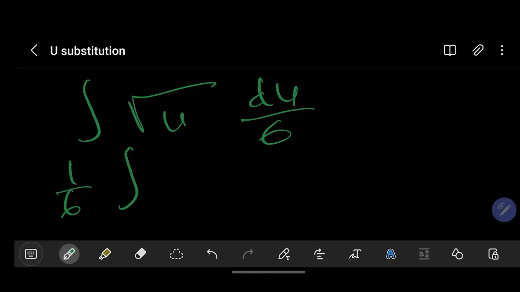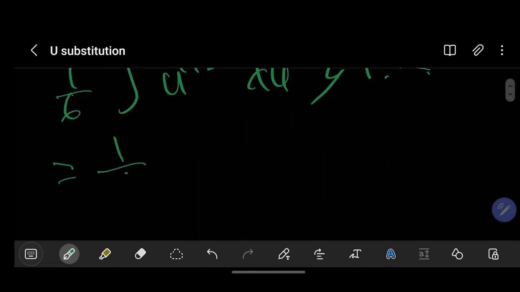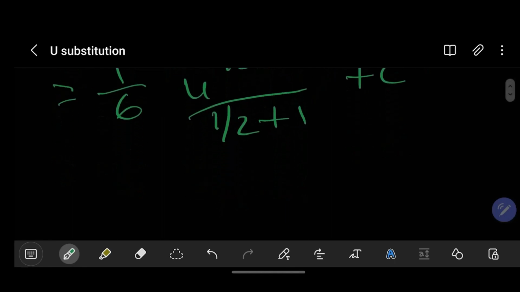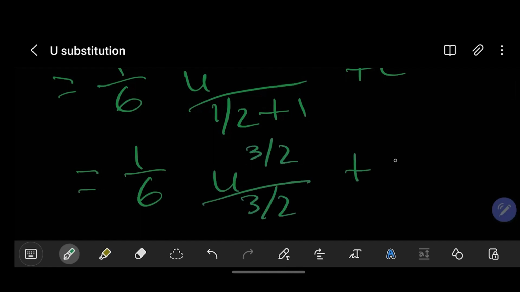So the square root of u can be rewritten as u to the 1 by 2 du, and this is now in a familiar rule, which is the power rule again. So this is now equal to 1 by 6 u to the half plus 1 all over a half plus 1 plus c, and that's equal to 1 by 6 u to the 3 by 2 all over 3 by 2 plus c,